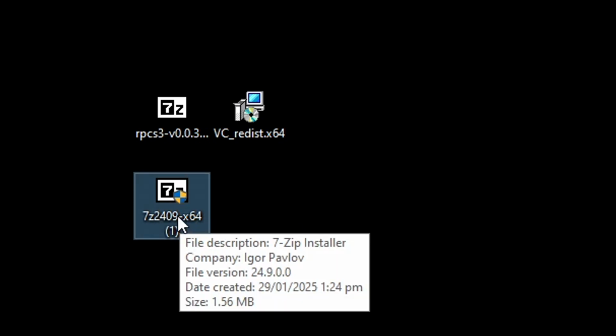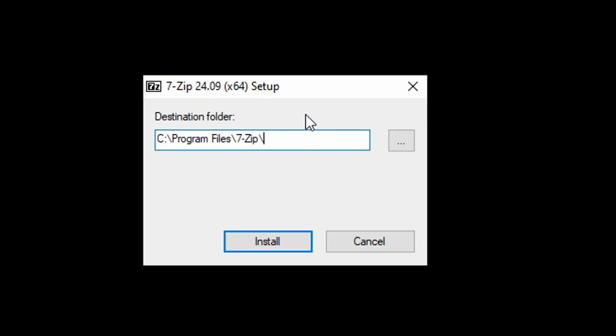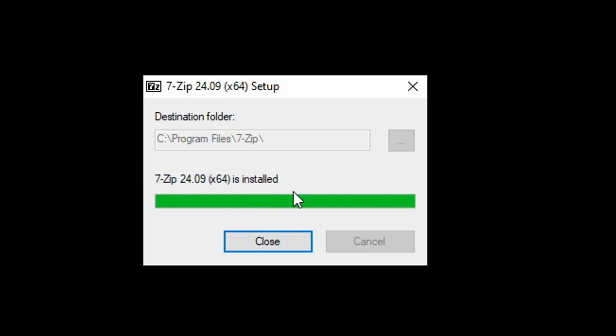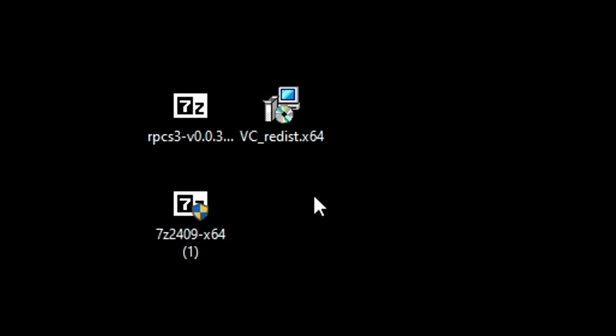Next, we're gonna install 7-zip if you also got this file. And this one is very straightforward. You just have to double click on the 7-zip file and this window will show up. And all you gotta do is just click here on the install button. Within a few moments, and there you go. It's already installed, so go ahead and click on close. And you should see that both icons are going to look like the one that I have here, which means that 7-zip is working as it should.